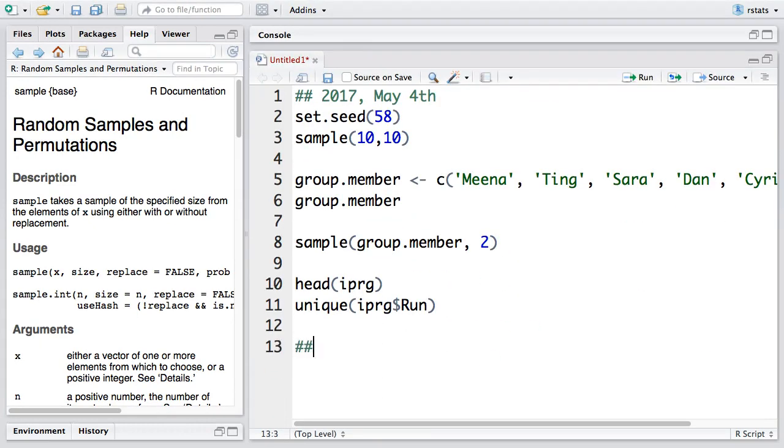So here is the start of Bayesian statistics. First, I will use the IPRG data, but let's review a little bit what we did this morning. Let's check how many unique protein IDs are in the IPRG data. So unique information for IPRG and protein name. Okay,